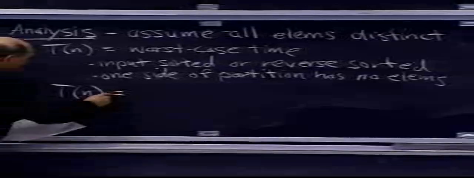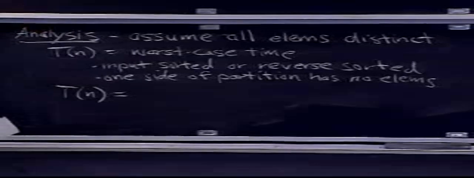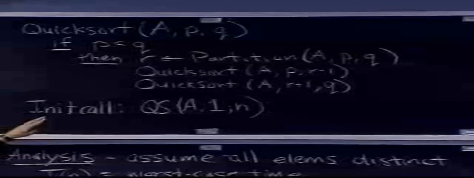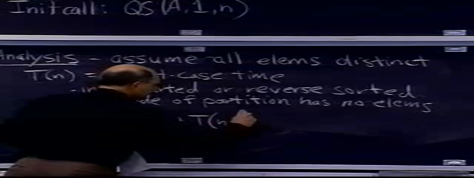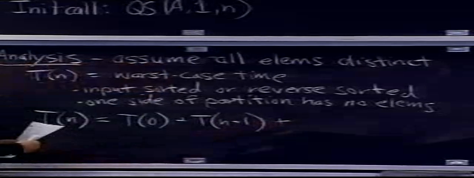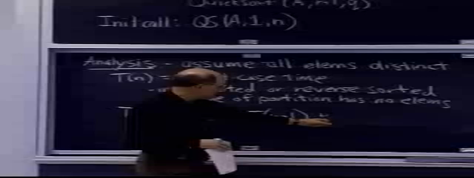So we get a recurrence in the worst case. We can write the recurrence basically by looking at the divide and conquer. The time on n elements in the worst case is going to be the time, well, if we have 0 elements on one side and n minus 1 on the other, the recursive calls are going to cost us T of 0 on one side plus T of n minus 1 on the other side, plus the amount of time that we spend partitioning and the other minuscule stuff like the comparison of p to q. And how much time is that here? Theta n for n elements.